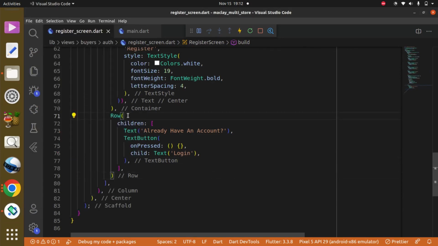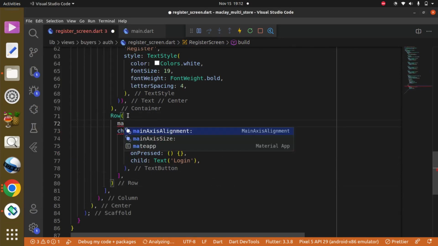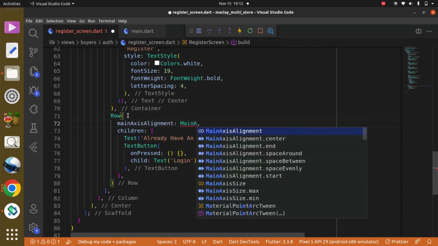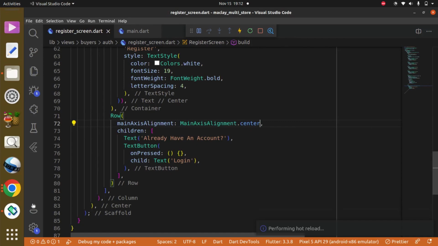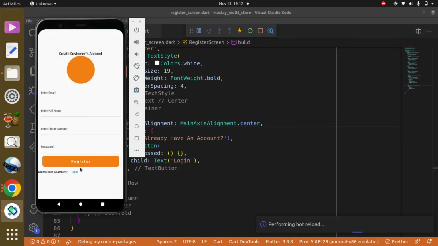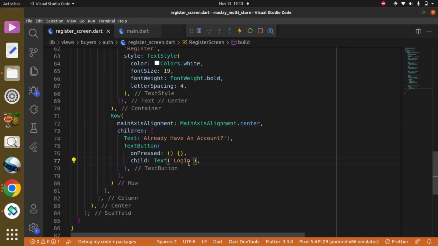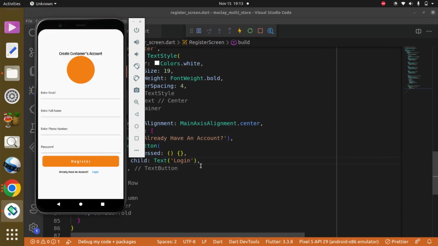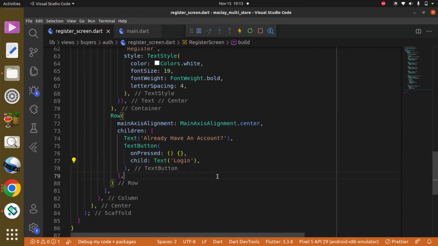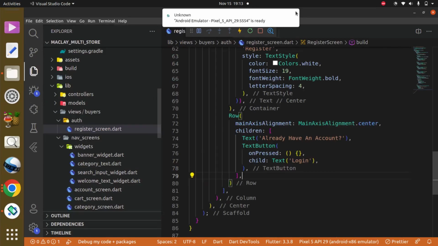And now within the row widget, it has a property known as mainAxisAlignment, and this is going to be MainAxisAlignment.center. Okay, looking great. Really, we do not need to style this. I think this is okay. And now we can then create